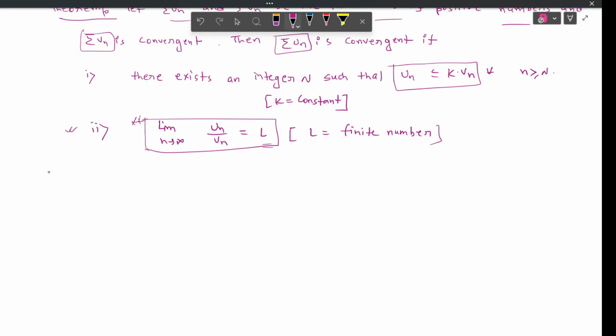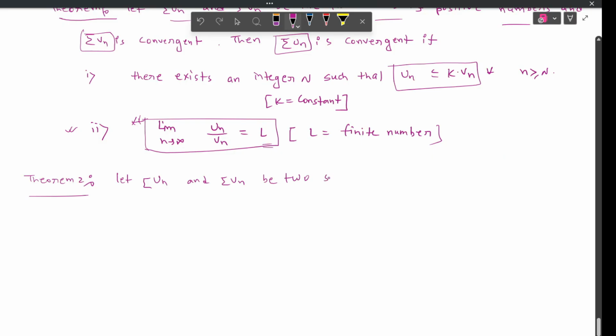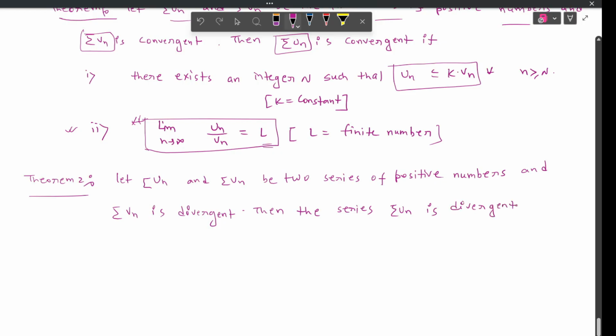And let us see theorem 2 regarding this. Let summation Un and summation Vn be two series of positive numbers and summation Vn is divergent, then the series summation Un is divergent if